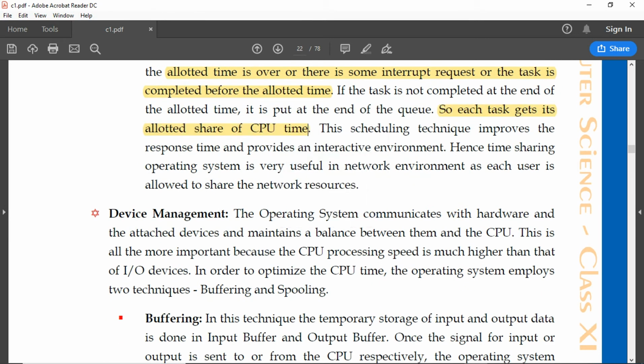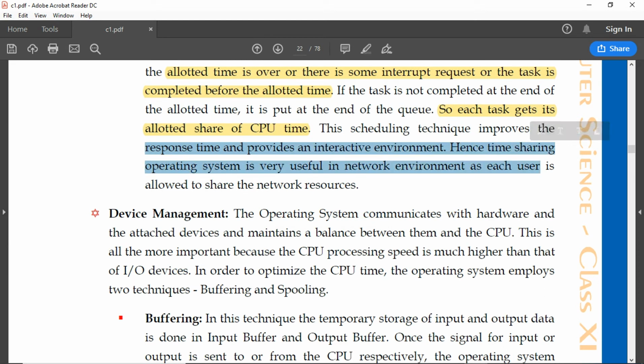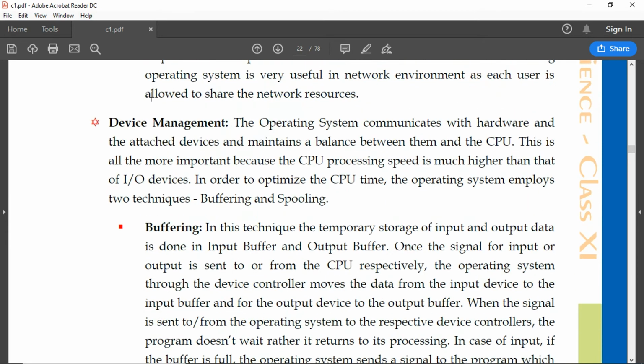This scheduling technique improves the response time and provides an interactive environment. Hence time sharing. The operating system is very useful in a network environment as each user is allowed to share the network resources. Device management. The operating system communicates with hardware and the attached devices and maintains a balance between them and